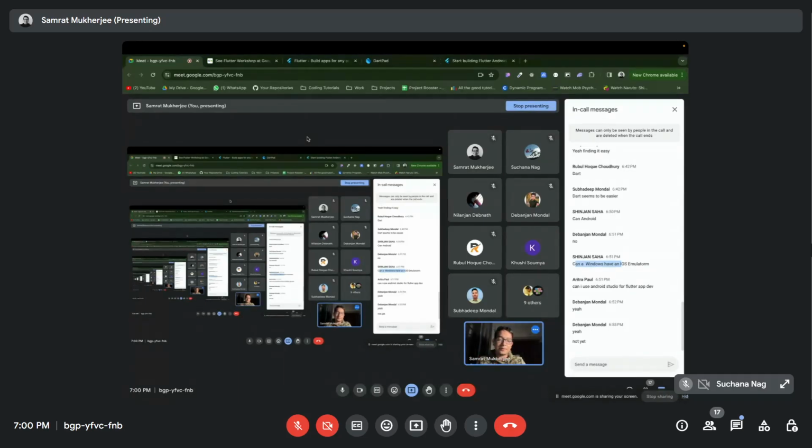All right. Okay, understood. Yeah. And now the main difference is, if you run a React Native app, it is still going to cause you a lot of performance issues even now. Like, you're going to hear lots and lots of complaints in the community. I'm not saying that it is a bad framework. Lots of applications use React Native, but Google has made Flutter into such a highly scalable framework,